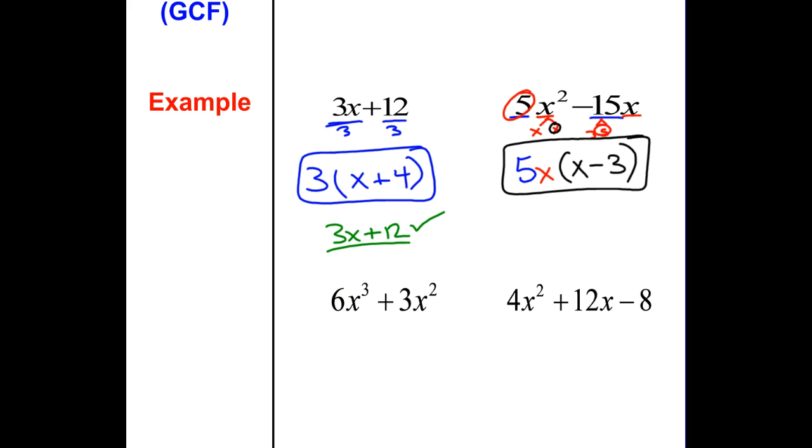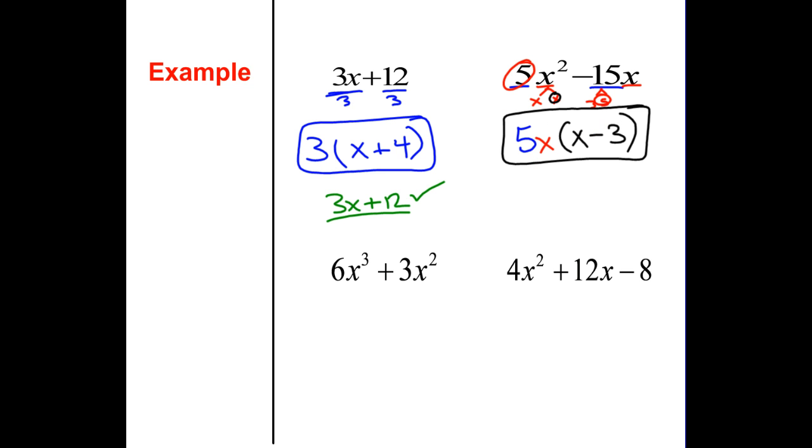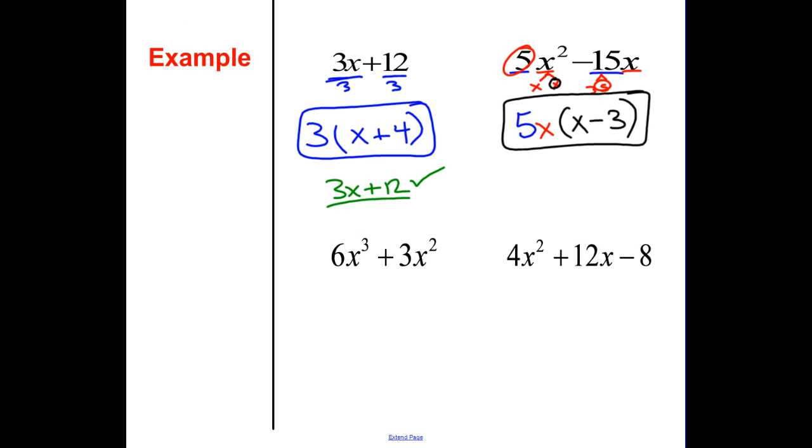Let's look at this next one here. Look at the coefficients again. The biggest number I can pull out is 3. And if I have 3 x's and I have 2 x's, the most I can pull out are 2 x's. Now what's left inside is 2x plus, and now you got to make sure you put this part in there,